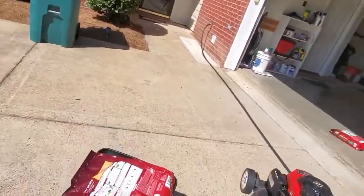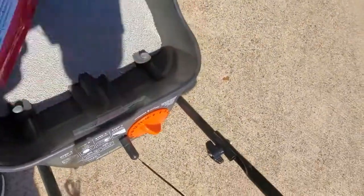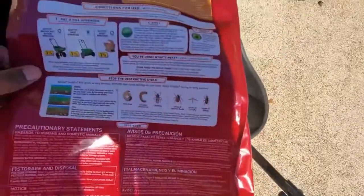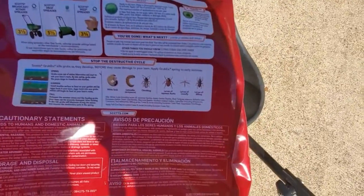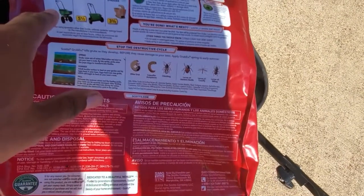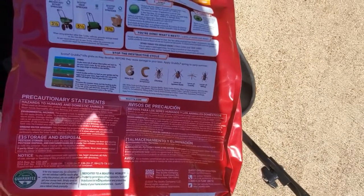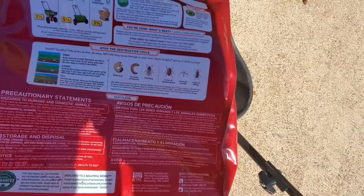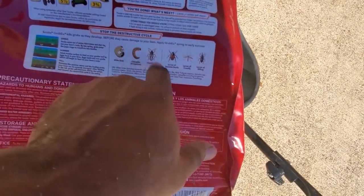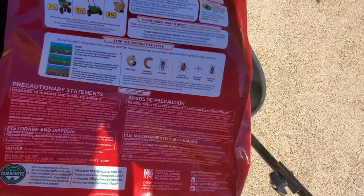All right, so excuse the shaking of the camera, I apologize. We got everything all loaded in, and we're going to be putting down this Scotts GrubEx. One thing I like about Scotts is it already tells you how to set your settings for the particular spreader that you're going to be using, and it also tells you that it kills a lot of bugs for up to 4 months, like we said before. It lists all the different bugs that it kills,